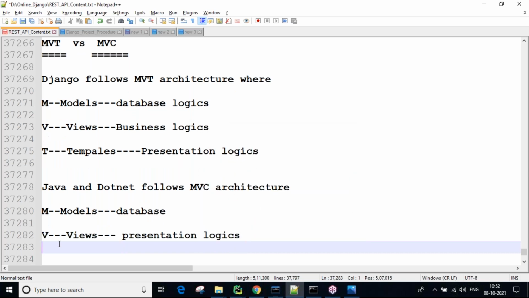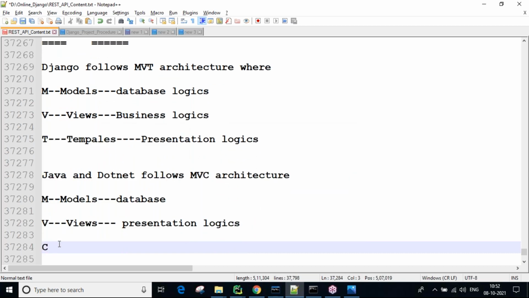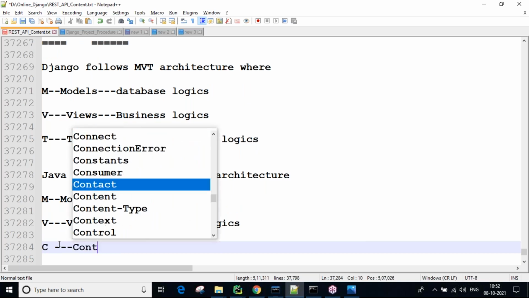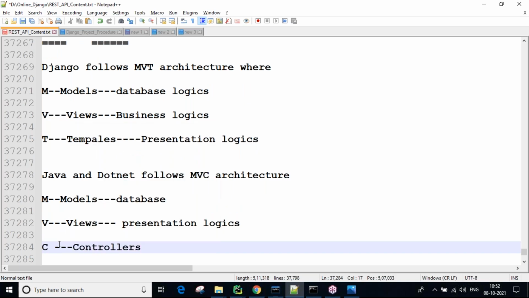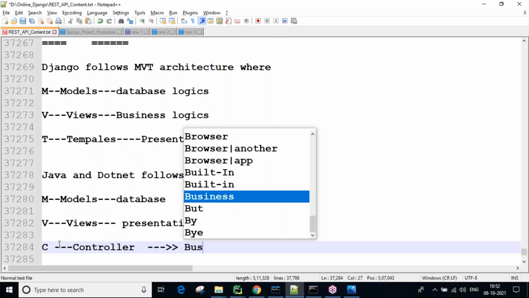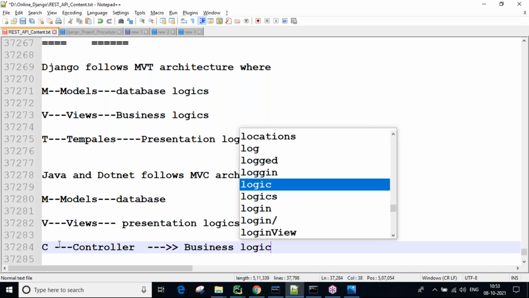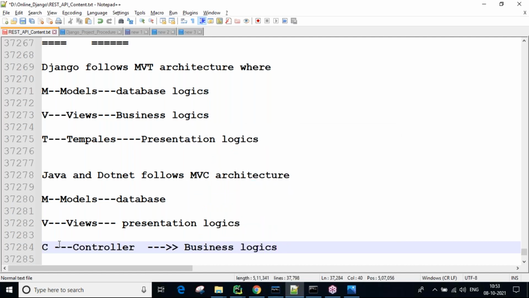And the C stands for controller, and this is for business logics purpose. This is what we call MVC, model views controller architecture.